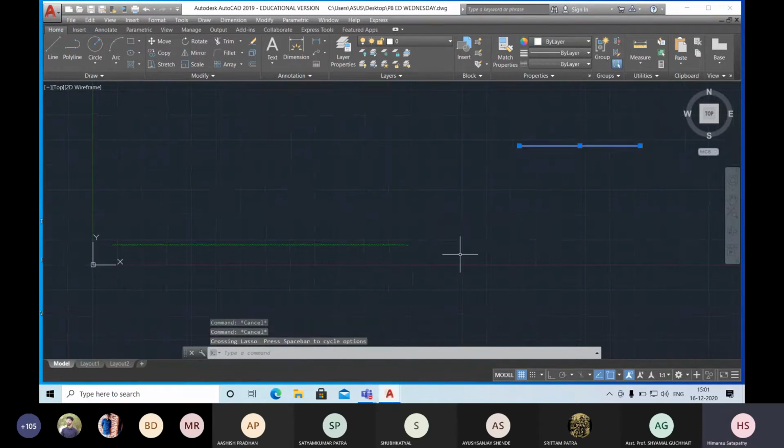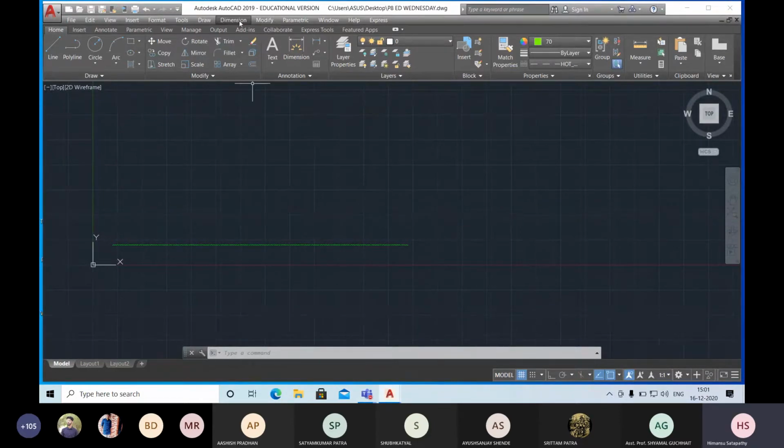So this is your text option. If you want to write or edit something, you can go for the text option. Now I will tell you about the dimension. If you don't have any query, then I will move to the dimension option. If you have any query, you can ask.